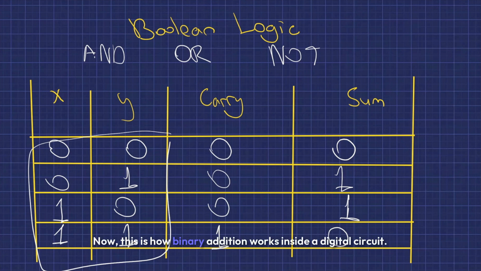Now this is how binary addition works inside a digital circuit, and every row shows one possible input combination and what the circuit should output in that case. And as you can see, if we have both 1s, we will have the sum of 0. Now we will return to binary addition later when we design circuits called adders, but for now let's look at